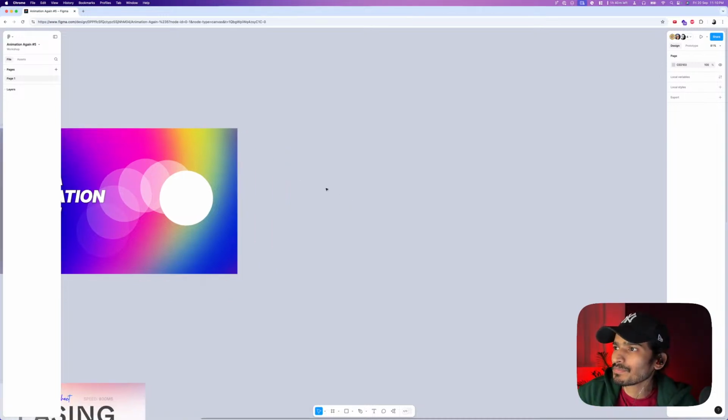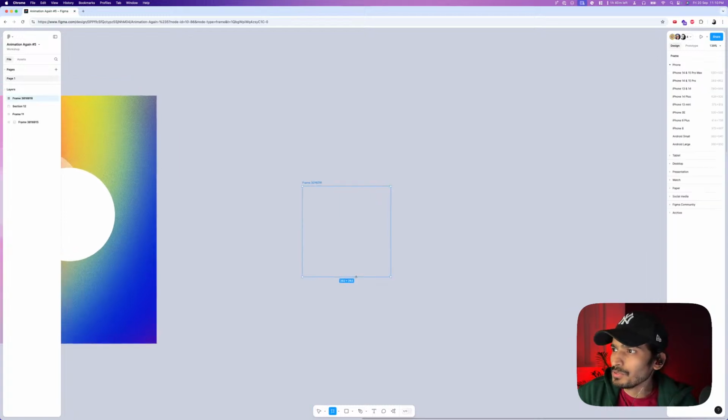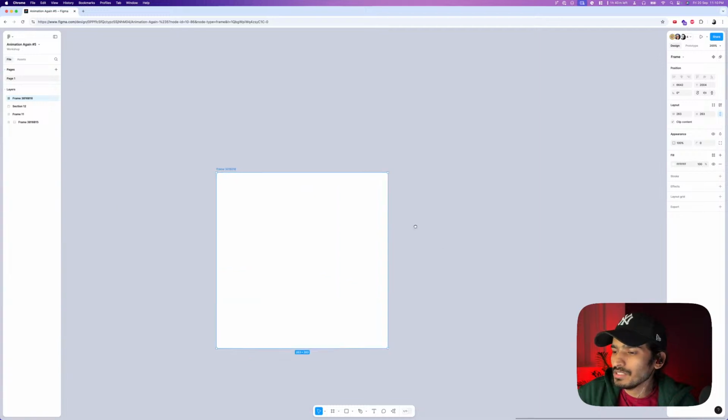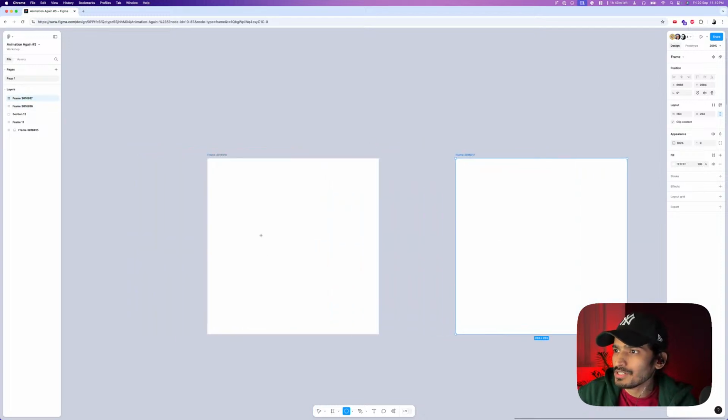So let's start with a very basic thing. Like I mentioned, when you want to animate something, you need two frames. So we have two frames here, and let's try to